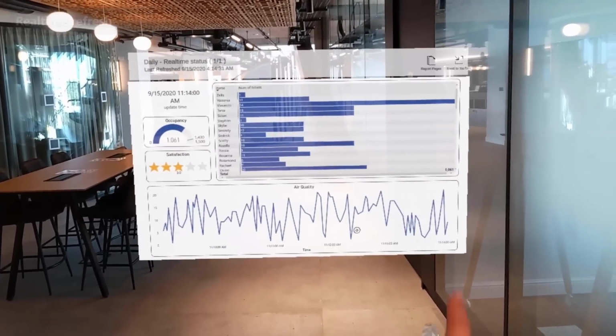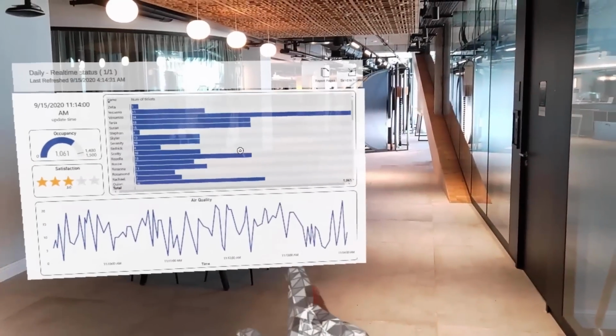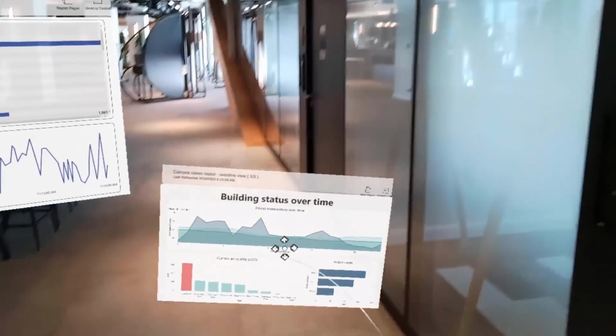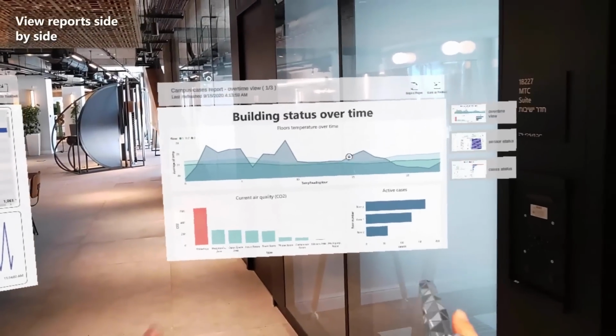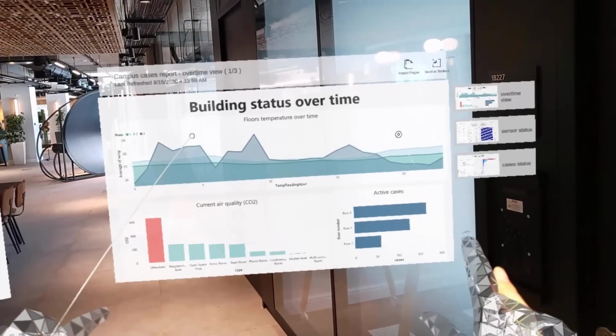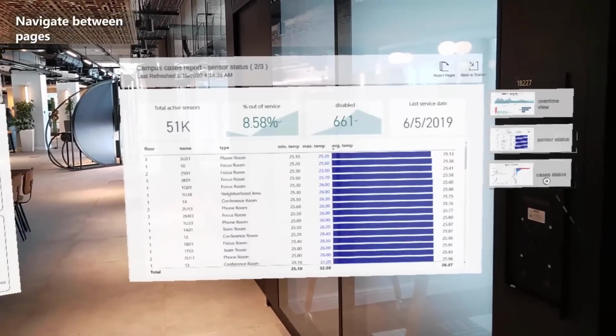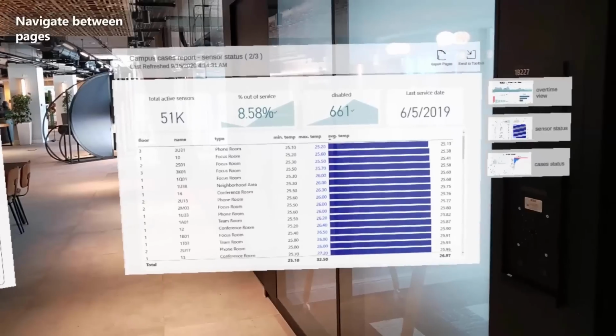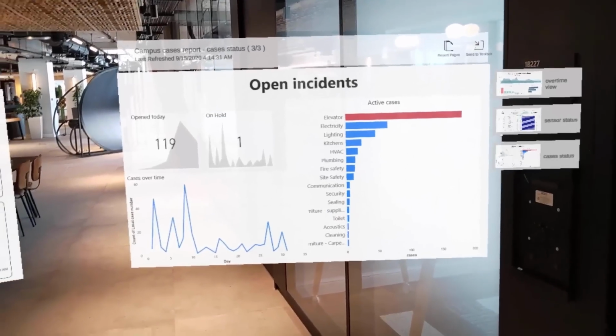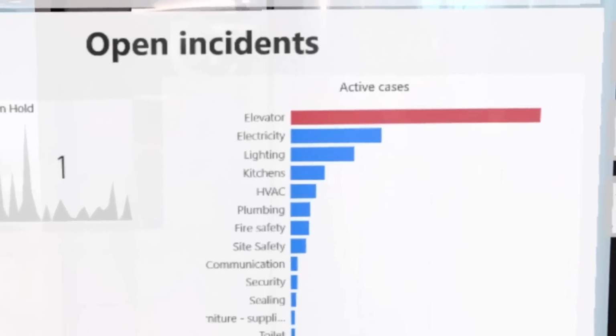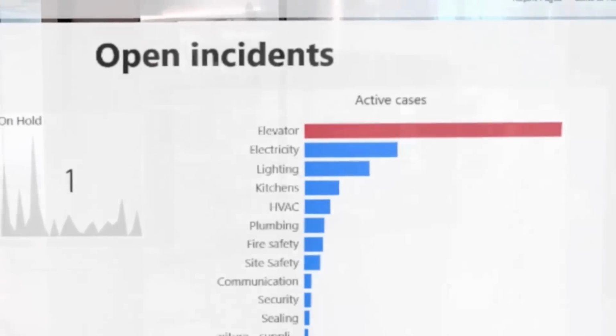Since the entire space is the user's view, he can also pick another item to have a side-by-side view. Resizing and placement is done with intuitive hand gestures. With the Pages index on the right, the user can navigate between pages. Wait, it seems that there are too many open incidents in the elevators.